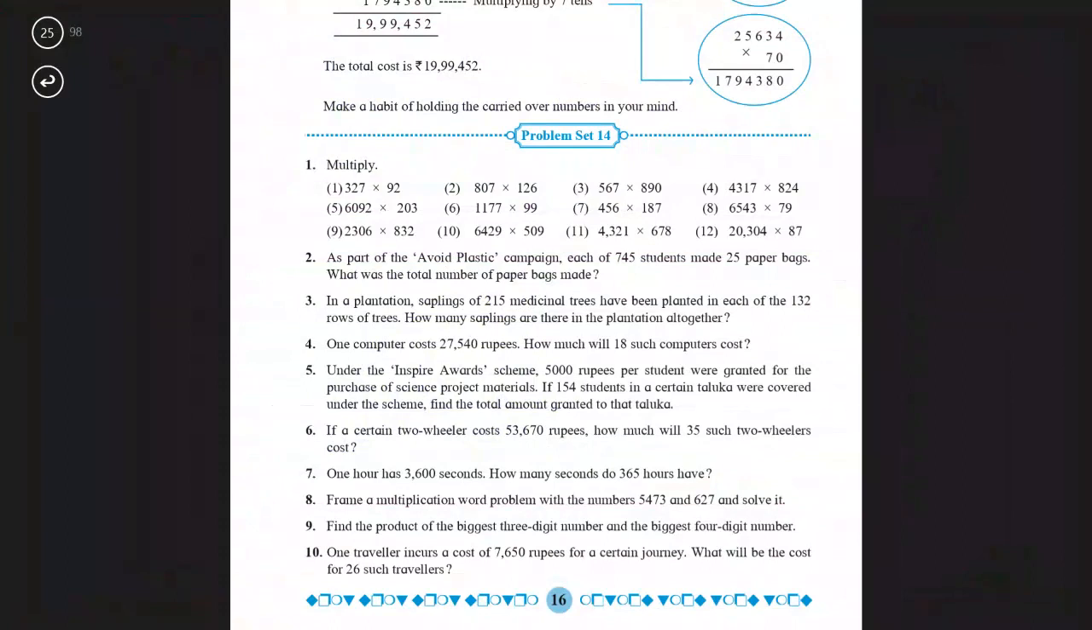Next we go to question number 8. Frame a multiplication word problem with the numbers 5473 and 627 and solve it. So it's an open-ended question, children. You can form your own question and you will solve it. An example could be, maybe you could say a set of furniture costs,